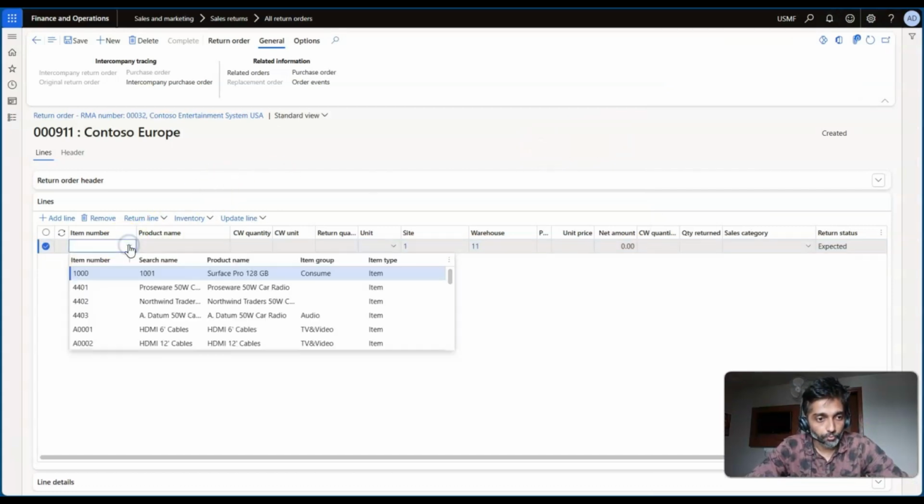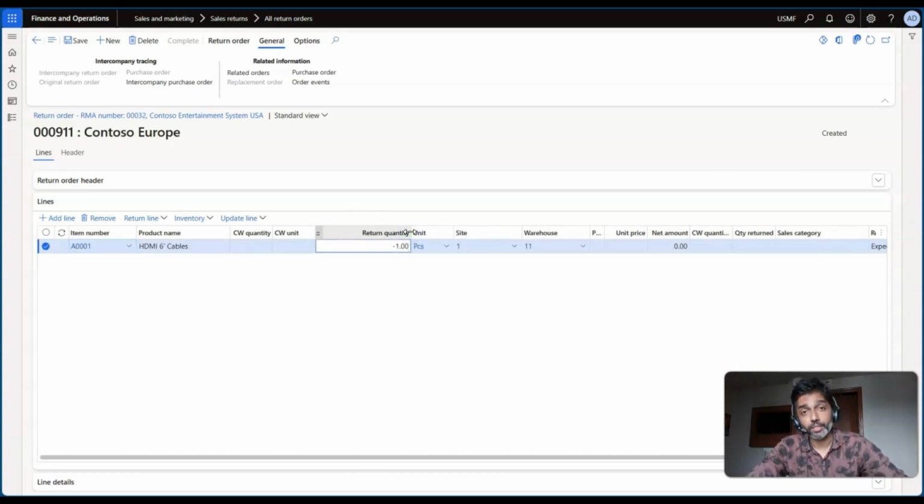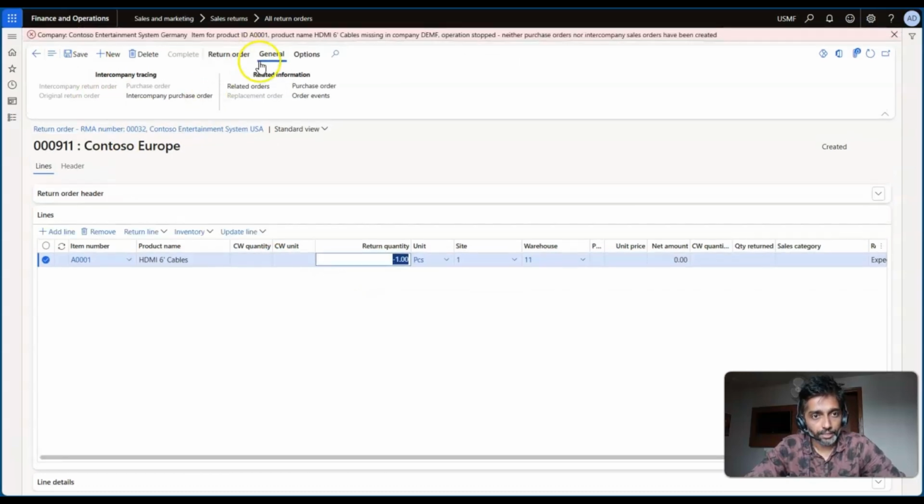So in a way, the moment you add the item, let's say I'm planning to return item A0001, I think this item will be immediately added in your intercompany purchase order also. The process will remain the same. Here the return quantity will be negative, unlike the traditional intercompany orders where the quantity will be positive. Since we are returning the item, the quantity will be negative. Let me click on save, and at the same time,